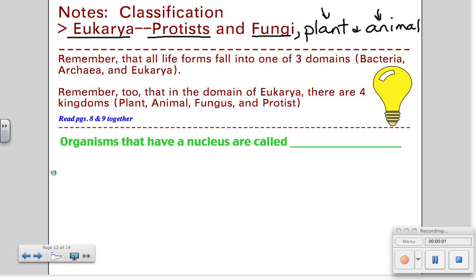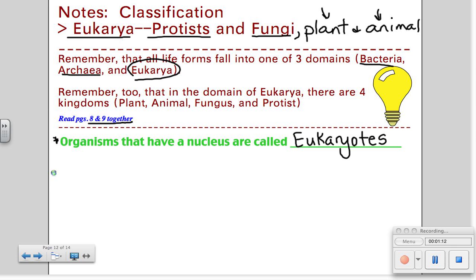Now, with bacteria and archaea, they were prokaryotes, meaning they had no nucleus. Eukarya, on the other hand, is a little different. Organisms that have a nucleus are called eukaryotes, meaning they have a nucleus. And that was kind of the separating junction between the 3 different domains. Okay? If you want to review pages 8 and 9, again, that kind of goes a little bit deeper into